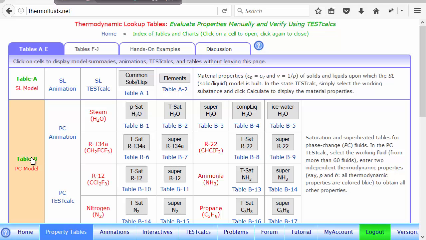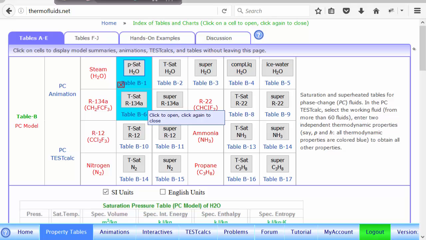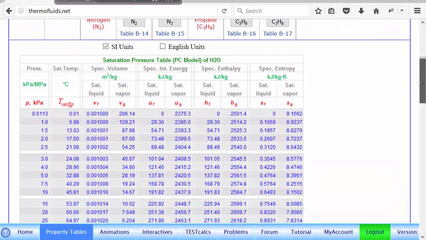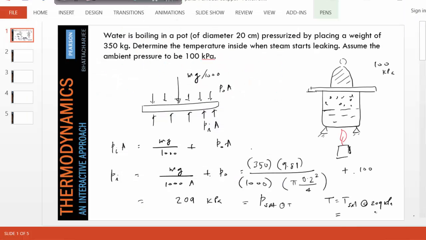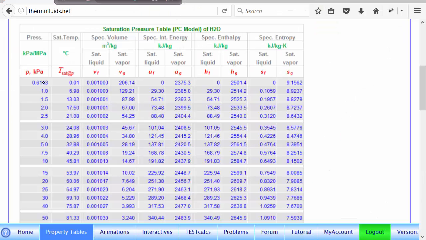and PC model. Notice this is PC model, and we are after saturation pressure, saturation temperature for a given pressure. So you must go to the pressure saturation table, and as we browse down, we are after what is the value? We are after 209 kPa. For 209 kPa, which is